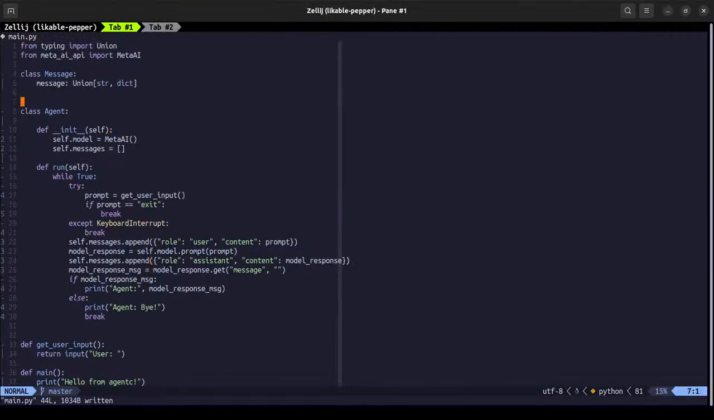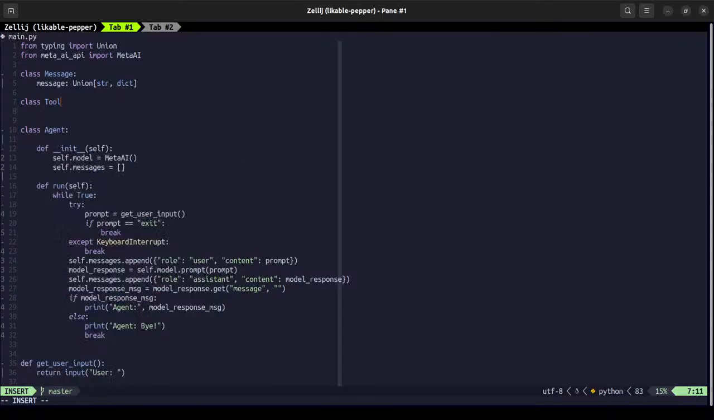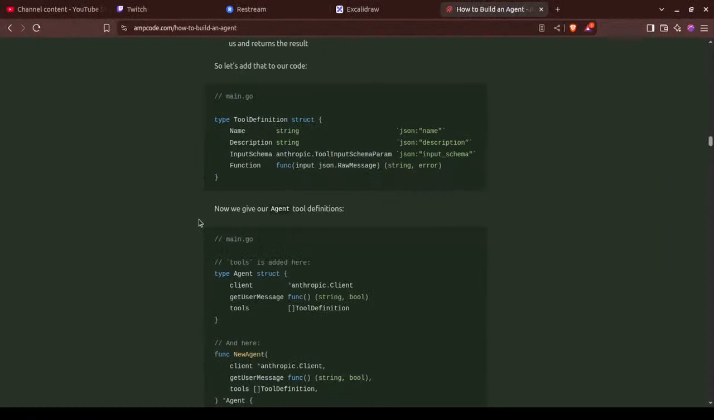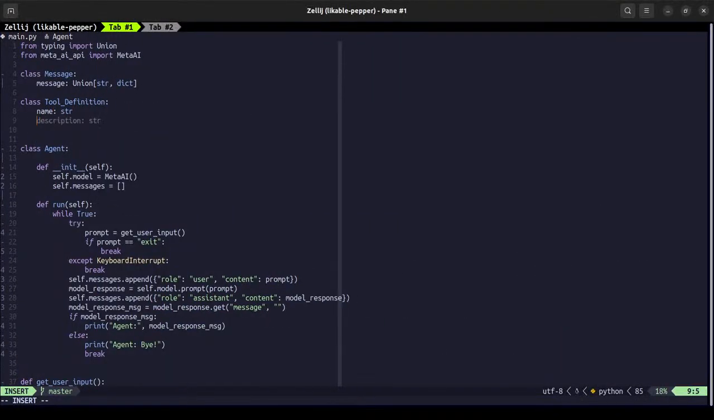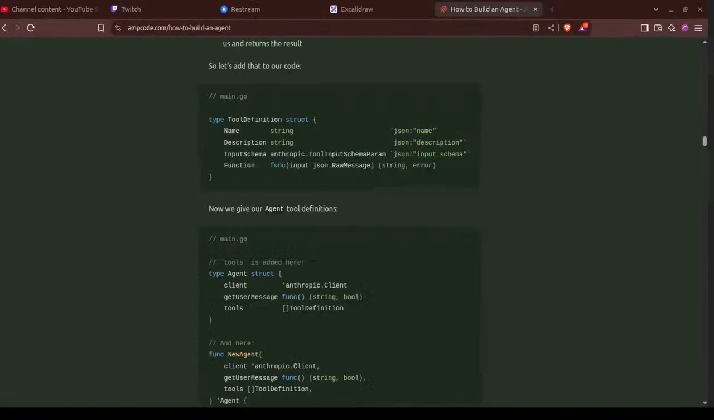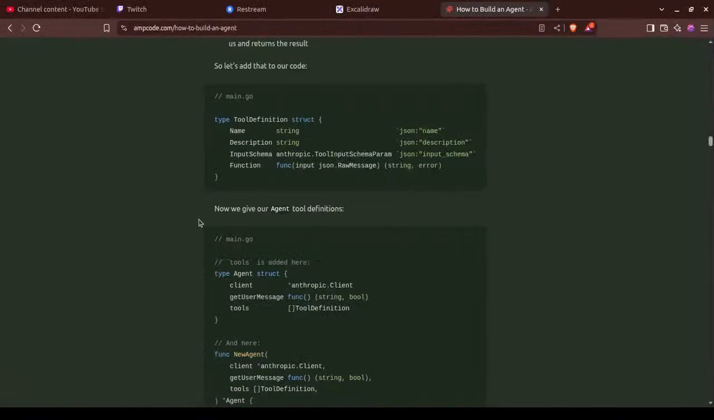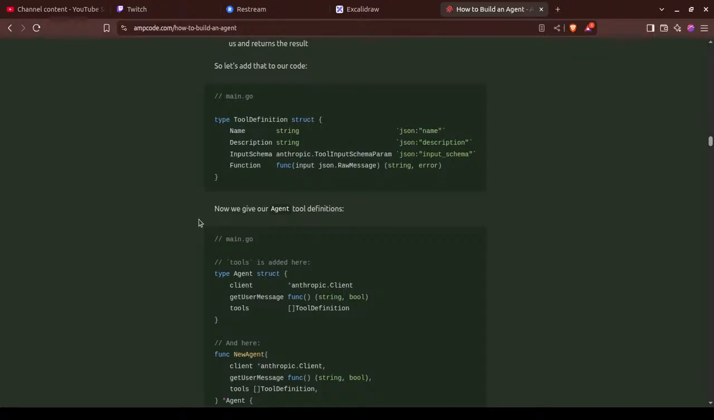Let's define the tools here. Tool definition. It will definitely have a name, and a description. Okay, description, really? Parameters will be a dictionary. Function. No, it won't be a string. It will be a